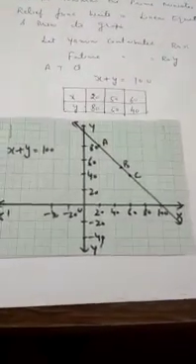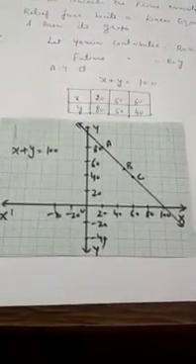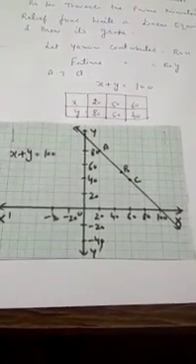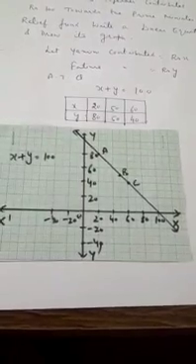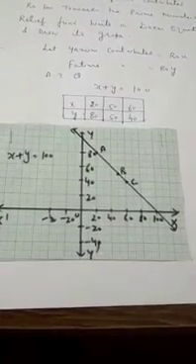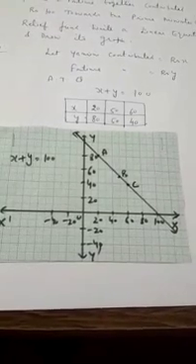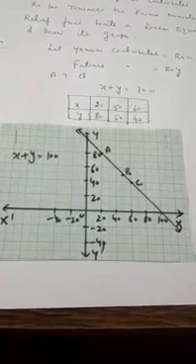If I take X as 20, Y will be 80. If I take X as 50, Y will be 50. If I take X as 60, Y will be 40. You can suppose some other values according to your choice. Now we will plot its graph. Again we will draw the Cartesian plane.